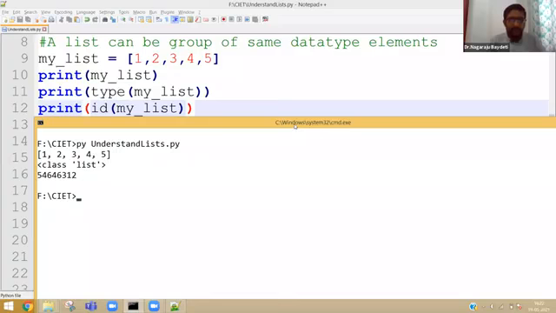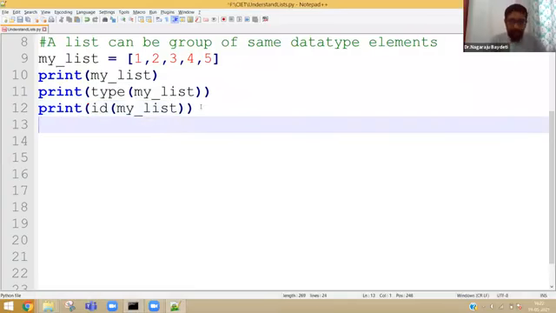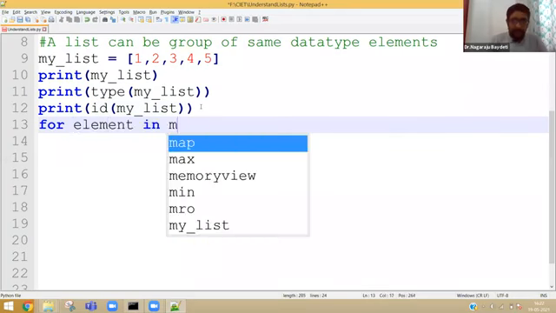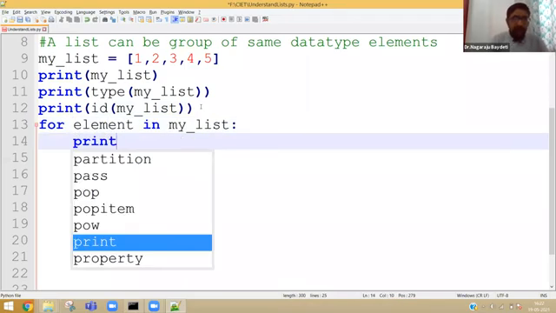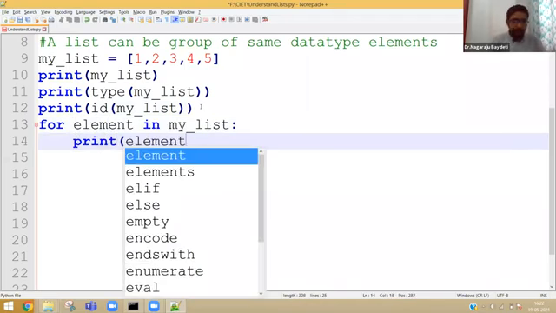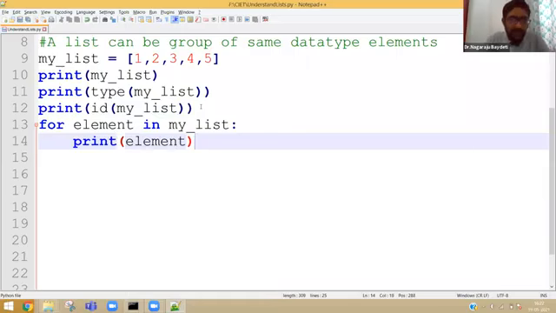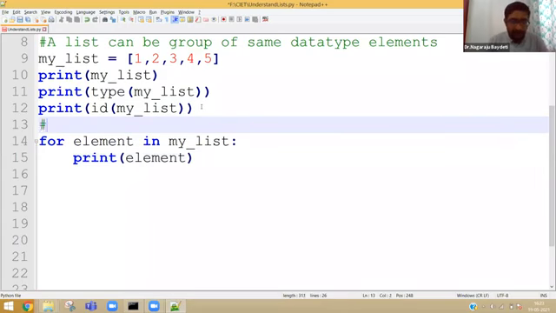Now, let us write a small piece of code here. That is, for element in my list, print element. What is line number 13 and 14? It is saying that a list is an iterable object. What is an iterable object?